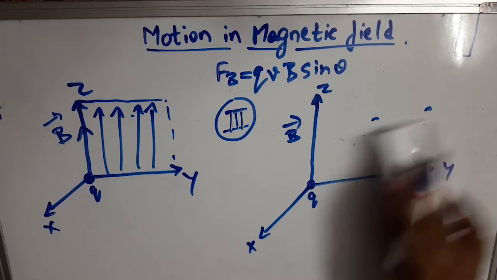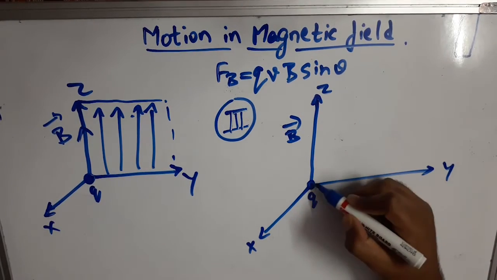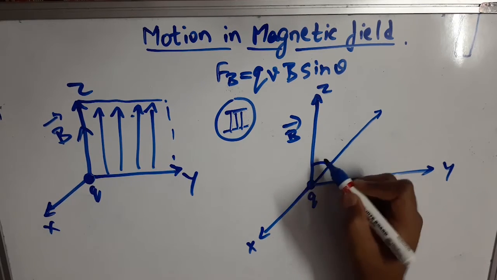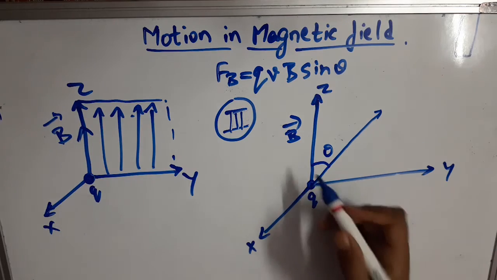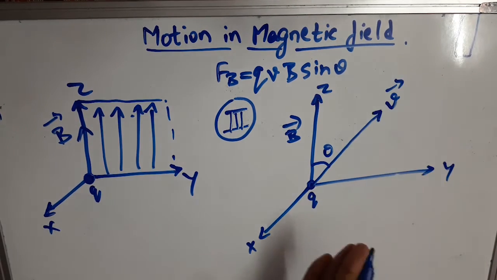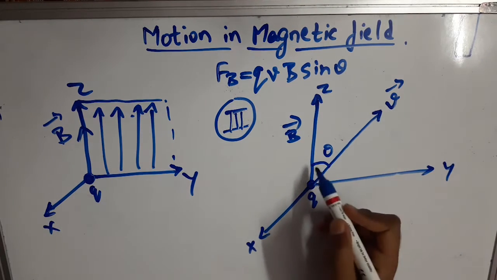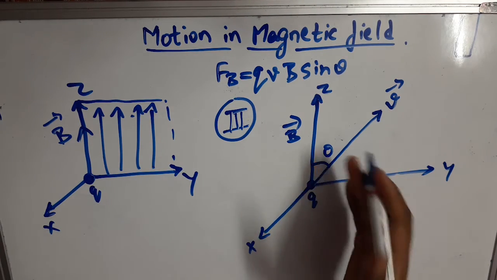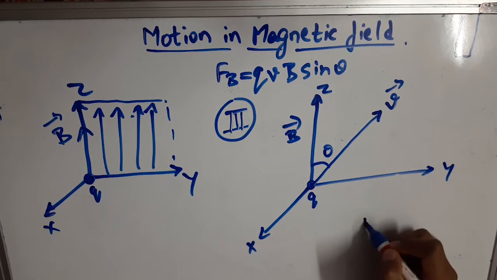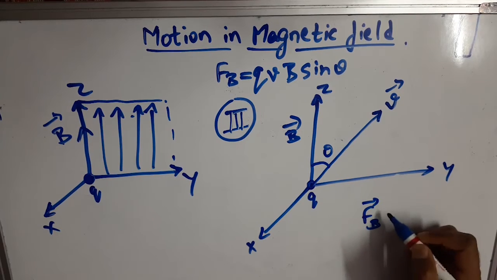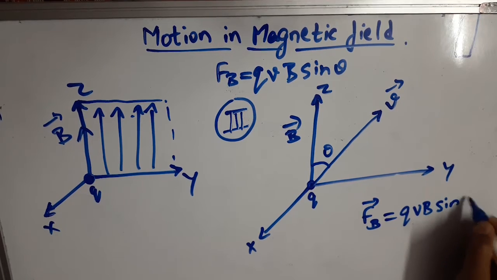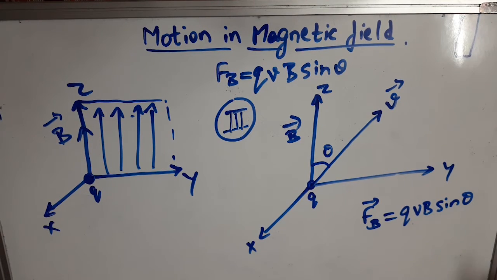Let's say at an arbitrary angle theta, and this theta I'm going to take from the z-axis. I'm going to define the theta from the z-axis, that is the magnetic field axis. This is our velocity vector. I'm projecting the particle in this fashion at an arbitrary angle theta, so here the theta is variable. Now what happens mathematically? Mathematically, the magnetic Lorentz force remains the same equation because we haven't defined theta here.